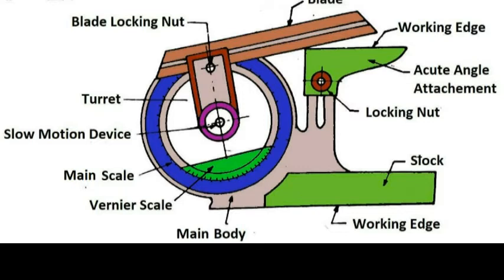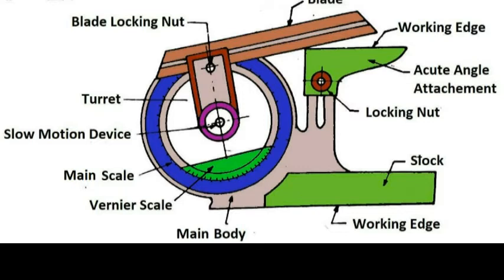The body of the vernier bevel protractor is designed in such a way that its back is very flat and there are no projections beyond its back. The flatness of the body is tested by checking the squareness of the blade with respect to the base plate when the blade is set at 90 degrees. Here the base plate is attached to the main body and an adjustable blade is attached to the circular plate containing the vernier scale. The main scale graduated in degrees is provided on the main body.